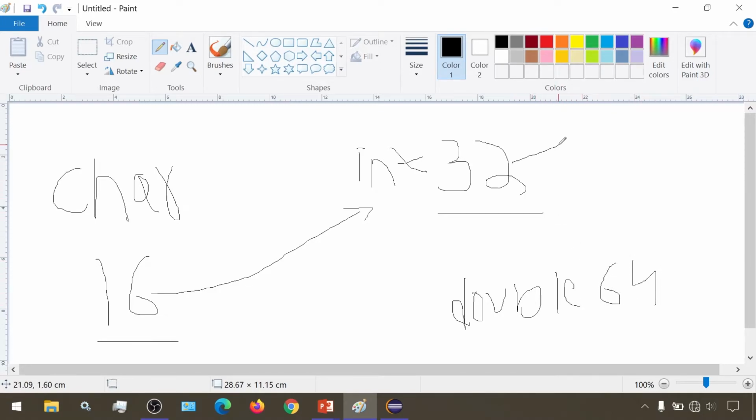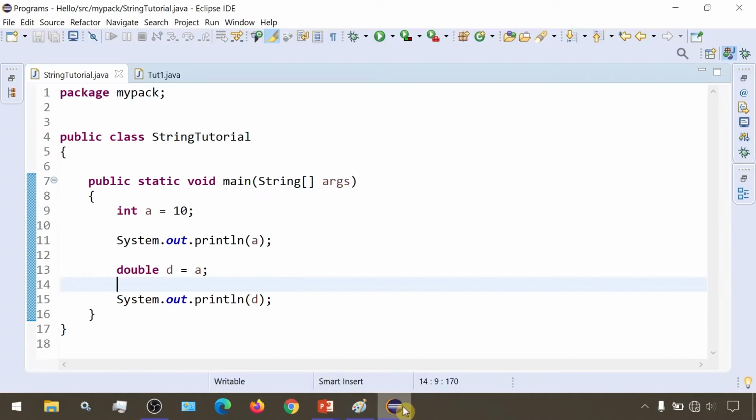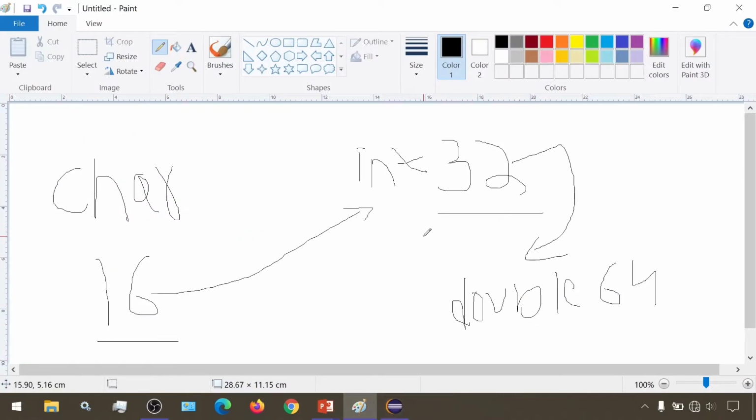Double is 64 bits. So these 32 bits are stored inside this 64 bits, and we also have 32 bits extra left. Since there is more space left here, this conversion is a widening conversion, and here we are getting this same value as R10. For multiple choice questions, these sizes might be given, like 16, then 32, and then 64, and you will have multiple options and be asked which of the following is valid using implicit type conversion.